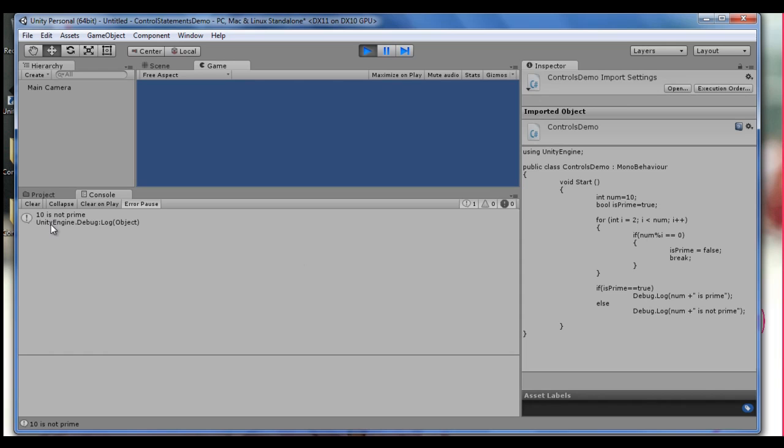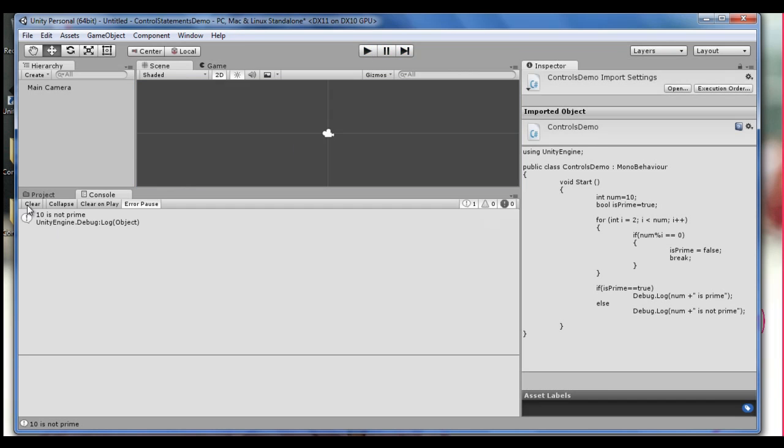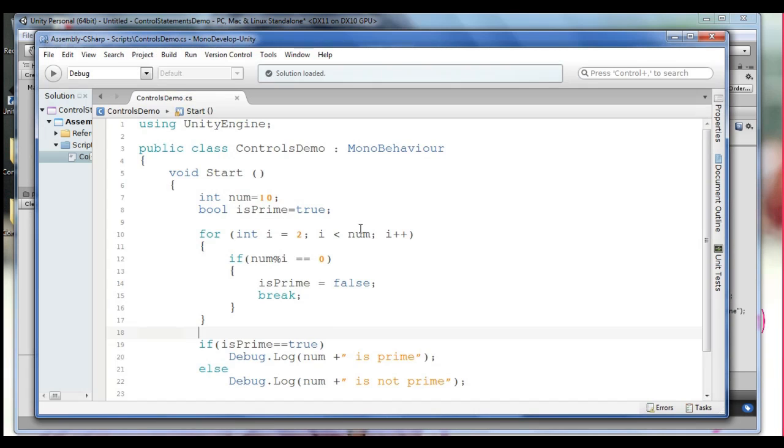You can see that we got 10 is not a prime. That we know, we have already seen. Now let us take, somebody told you that I want to know the first number which is dividing this number and which is telling that this number is not a prime. I want that one. We know already that in this place we are checking whether this number is divisible by 2 or divisible by 3 or divisible by 4. We are checking like that, right? And when a number divides it, we are setting it is not a prime. So this is the correct place where I can say